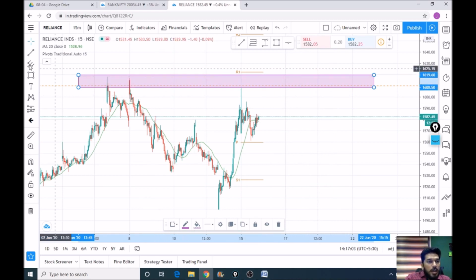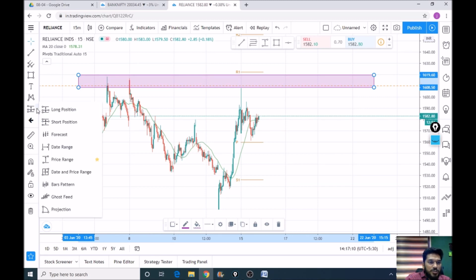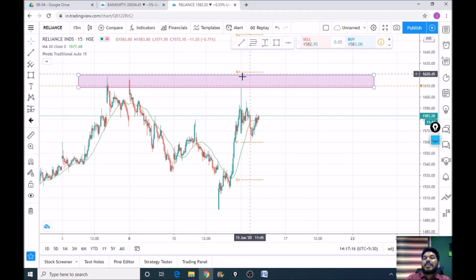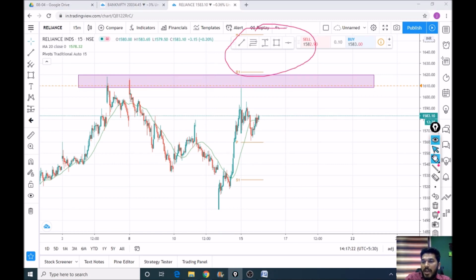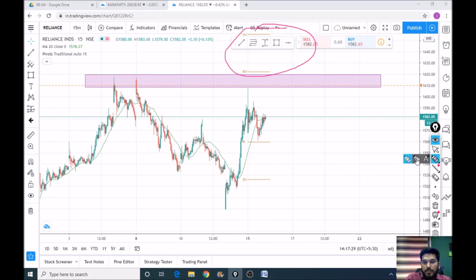Okay, and now I also want you to add something called price range. Okay, you will see it here, price range, add it to favorite. So what does price range do? It tells you the exact price movement of a stock from one point to another point. For example, now I want to know the price movement of Reliance Industries from this point to this point.